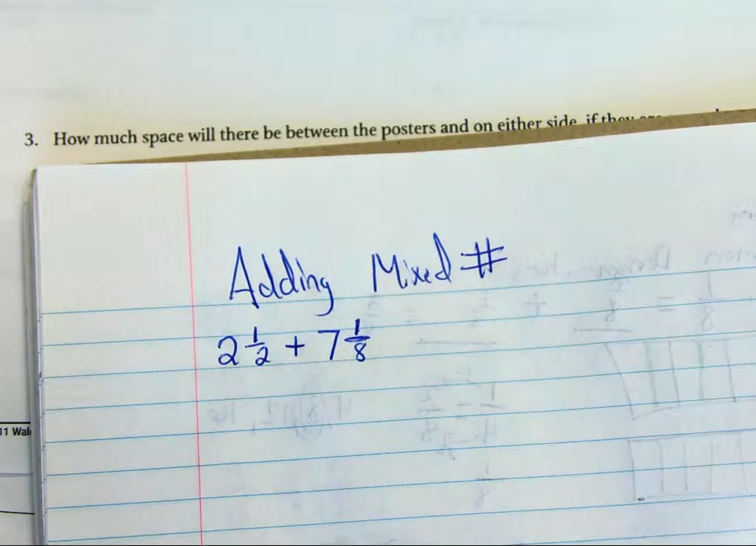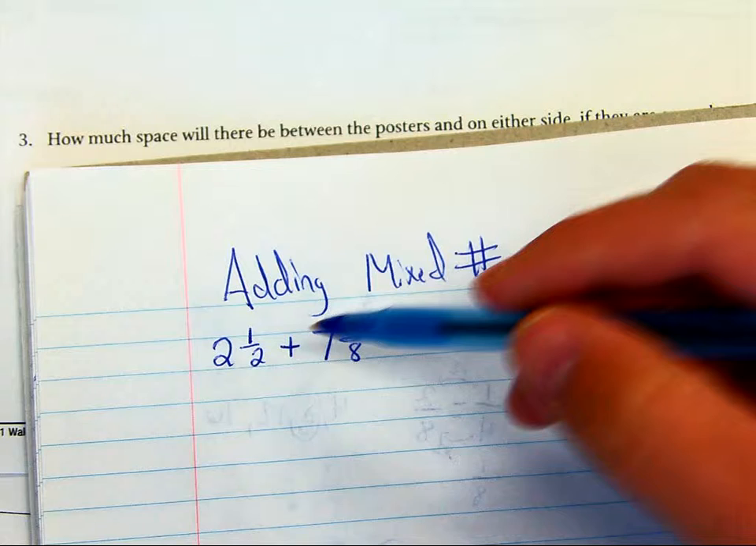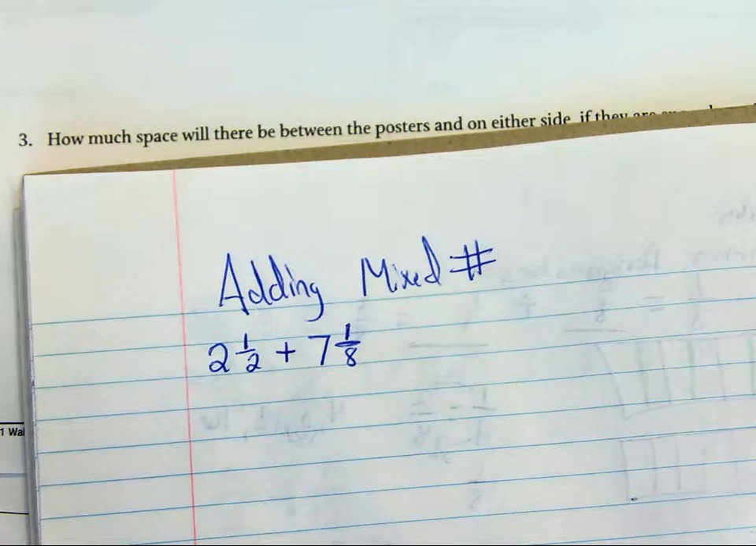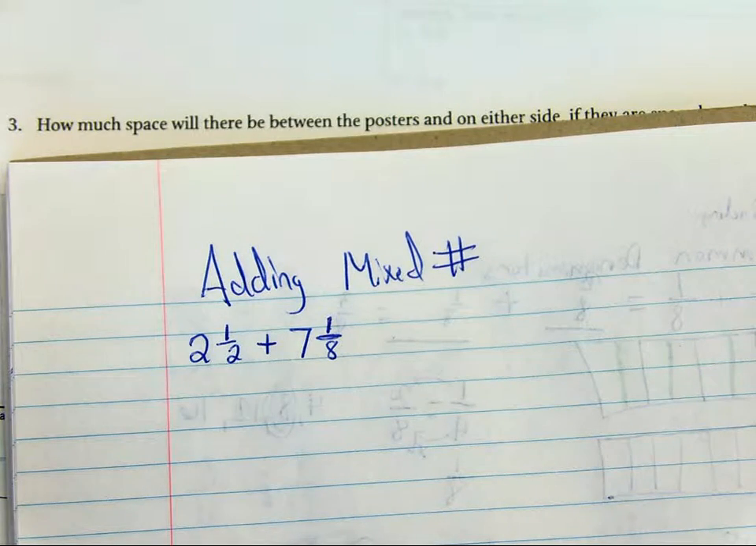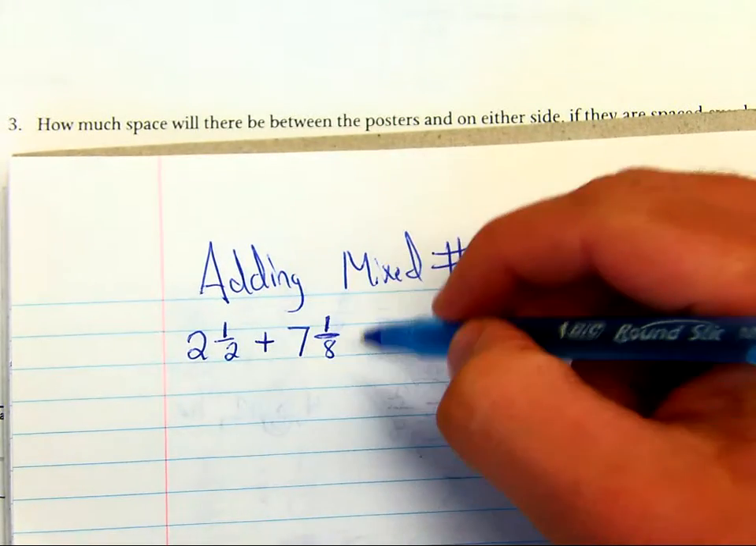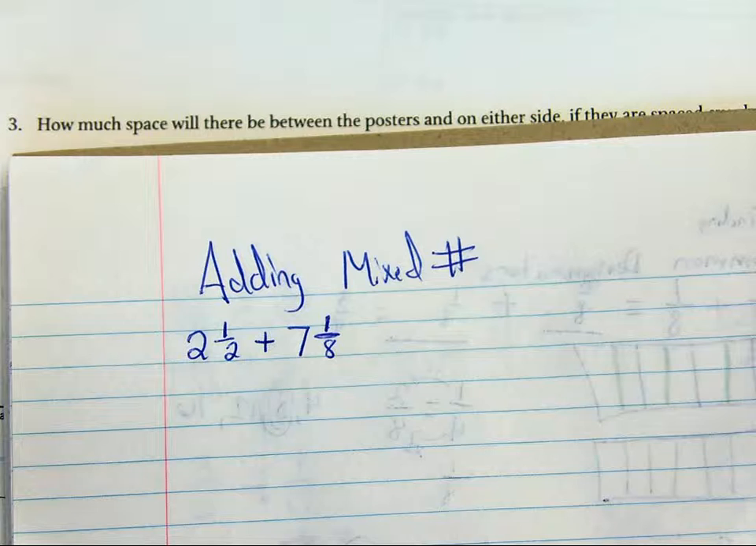Alright, so here we're going to add mixed numbers. I notice that I have a 2 and an 8 for a denominator, so they are not common. That means that the pieces are different sizes of these fractions, and I have to get the same size pieces. So the first thing I need to do is look at 2 and 8 and find a